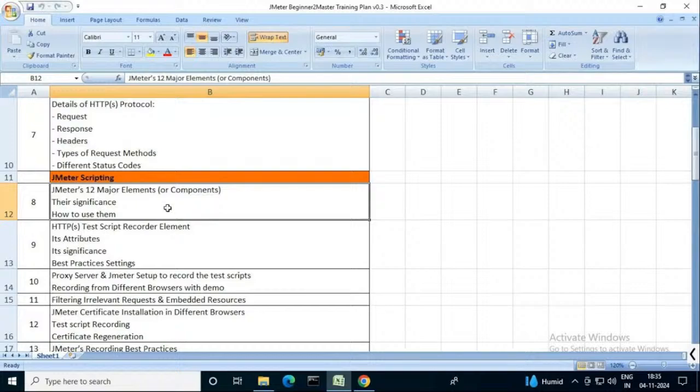We'll learn what is the significance of those 12 major elements, how to use those elements. Then we will see another element, a non-test element, which is known as the HTTPS test script recorder. So in performance testing, what we do basically is, we will be given some scenarios